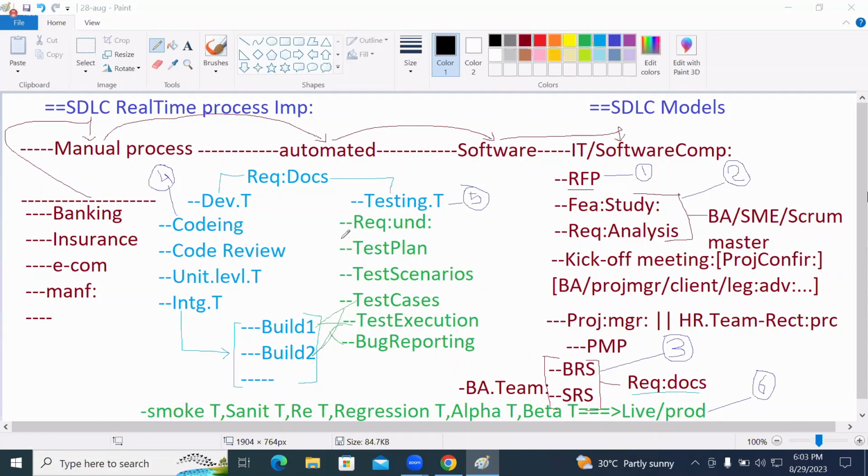Requirements understanding. After that, test plan. After that, test scenarios. After that, test cases. After that, test execution. Along with execution, bug reporting. At the time of this particular testing team doing the testing for build one, parallelly development team will take care